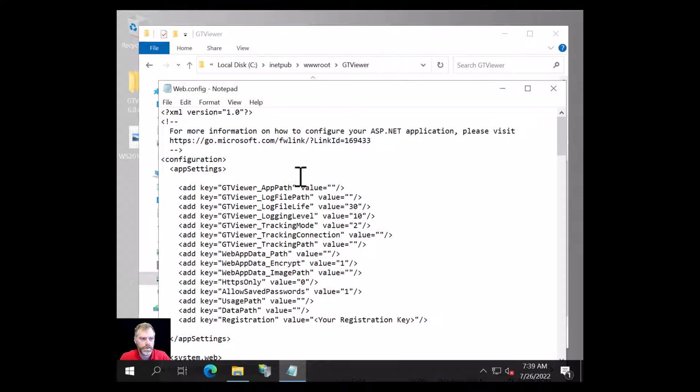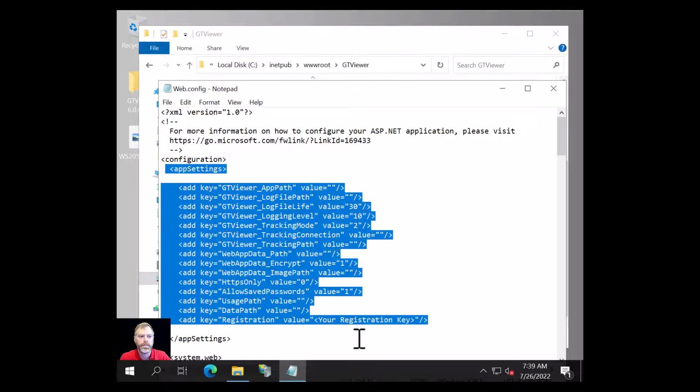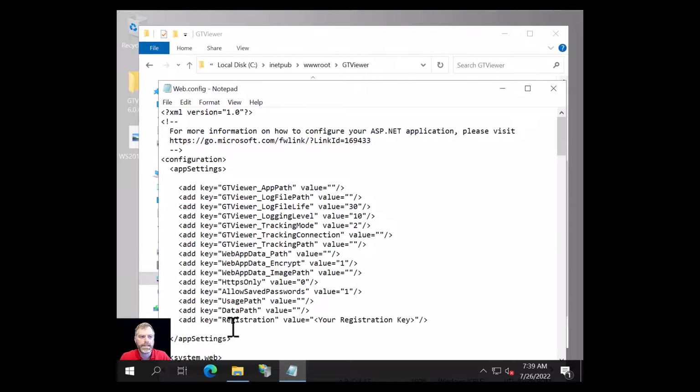You usually don't need to change anything except in this section here called appSettings. And all of these settings will default to usable values except for the registration. That has to have a registration key that you're provided by GTI, and it has the number of licenses you've purchased and various other information. There are some other things. If you only want to use HTTPS, you can change this to 1.